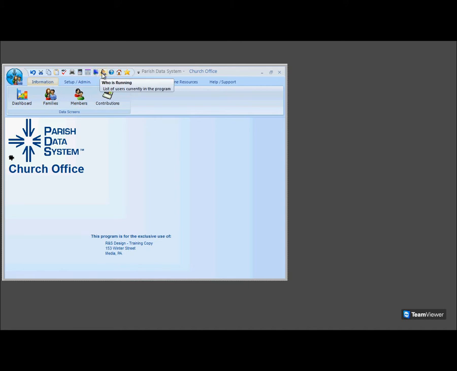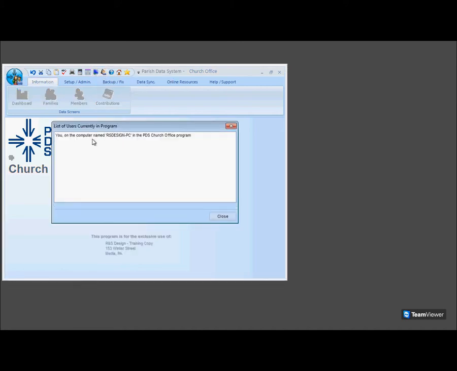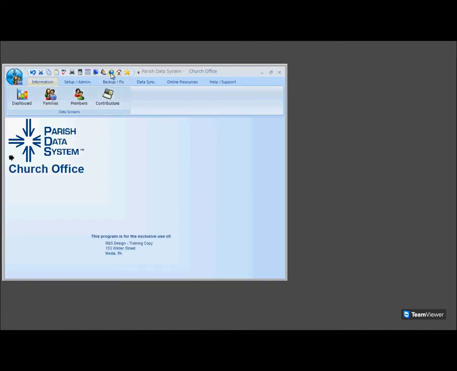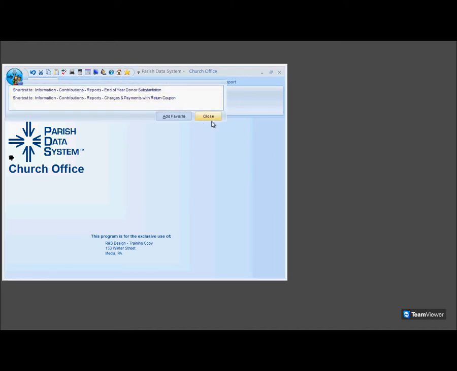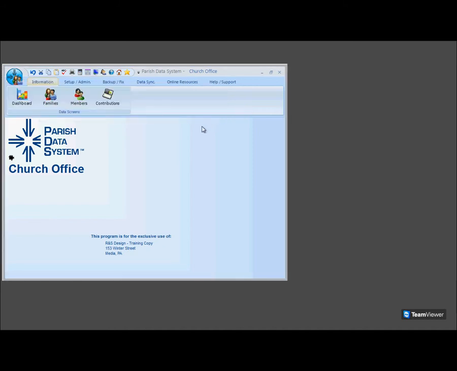Right of the screen configuration is who is running. It's going to tell you who currently has the program open, so you can look at that. To the right of that is the help, which is going to bring up your help file, the home button, which is going to bring you back to the screen that you're on now, and then the favorites button. The favorites button allows you to create a favorite, whether it's a report or whether it's a section of the